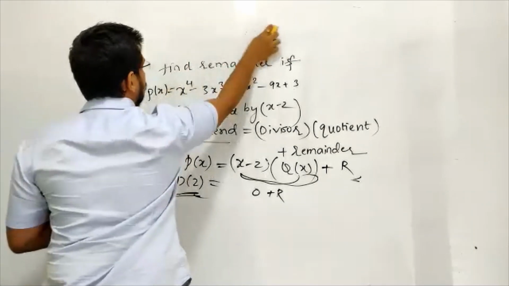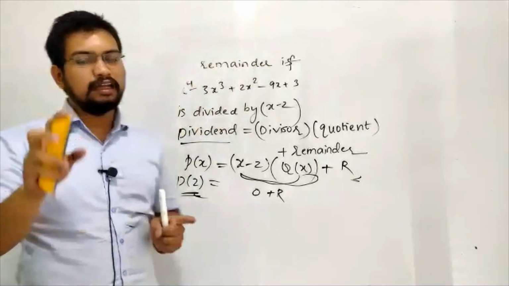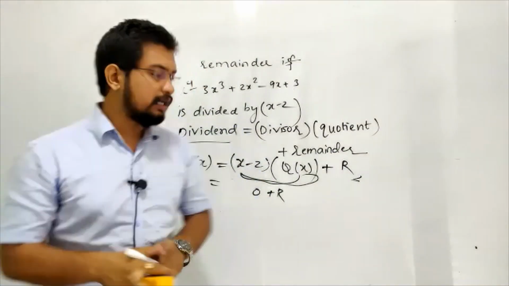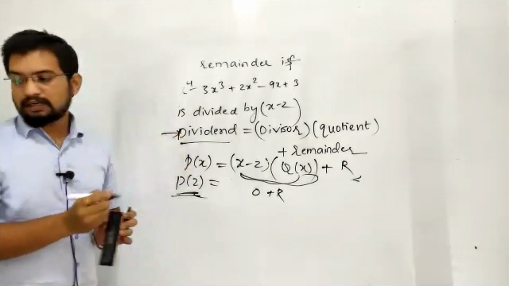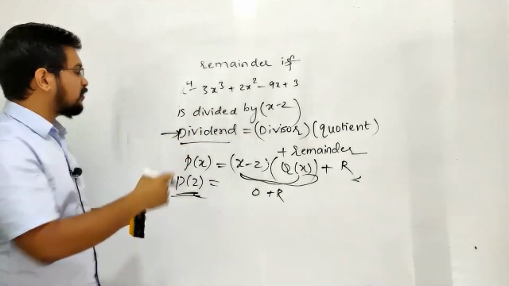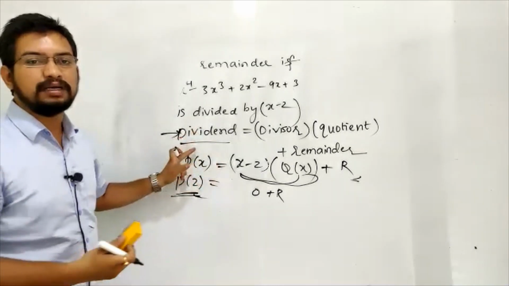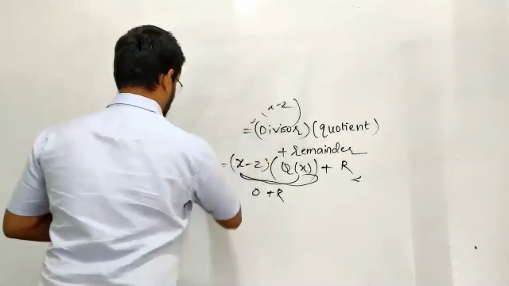Now the next model of problem with respect to the remainder theorem. There's nothing more: if a linear factor is given, substitute its root value into the expression. How are we doing that? The proof for the simple remainder theorem is this part. The proof for the remainder theorem will be done from this, that is, dividend is divisor into quotient plus remainder. Okay. Hope this is clear.